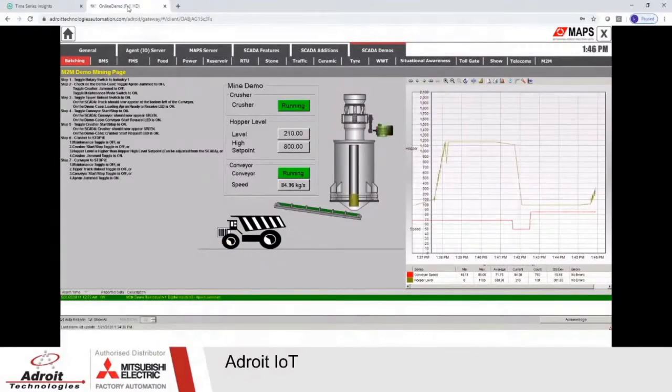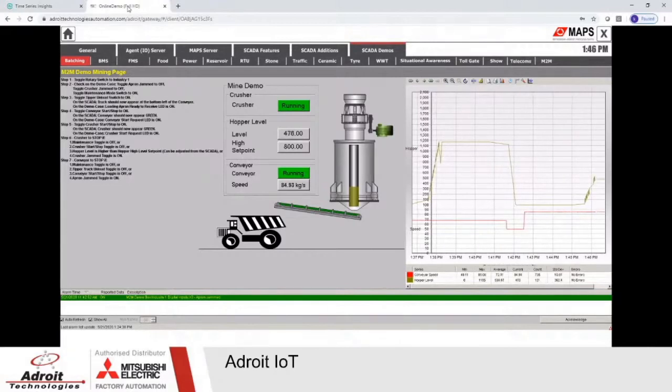We've set it up so that it only transfers the data from the Adroit SCADA sitting in the cloud to the Azure server once a minute. So again, you've got to be aware that this is a normal process that doesn't change very quickly. And let's do that.